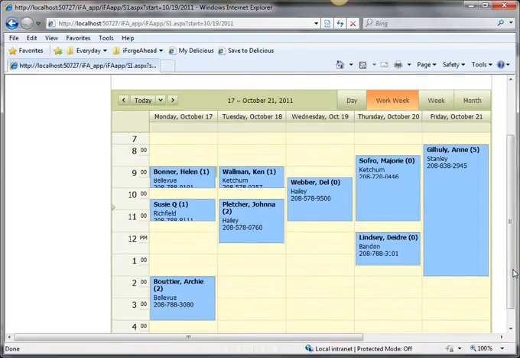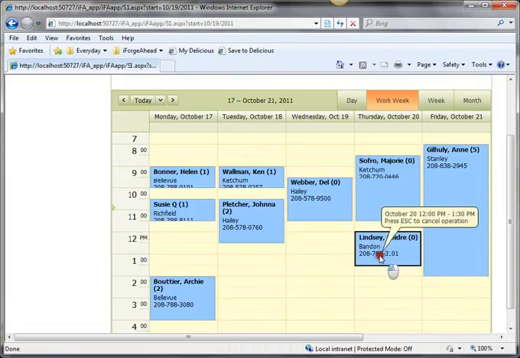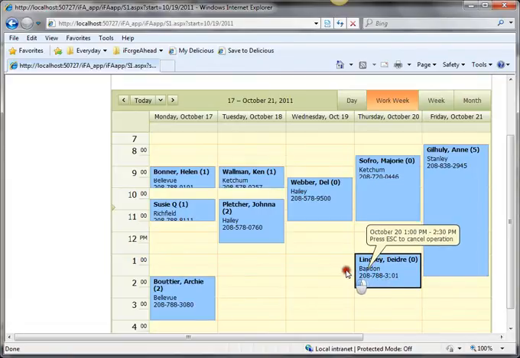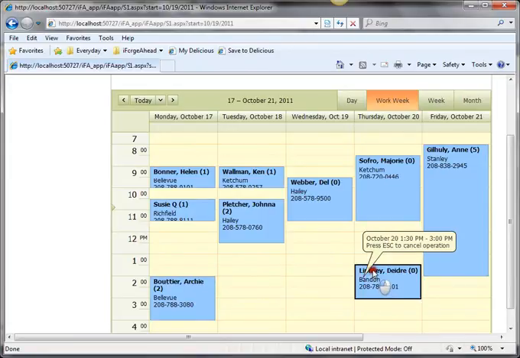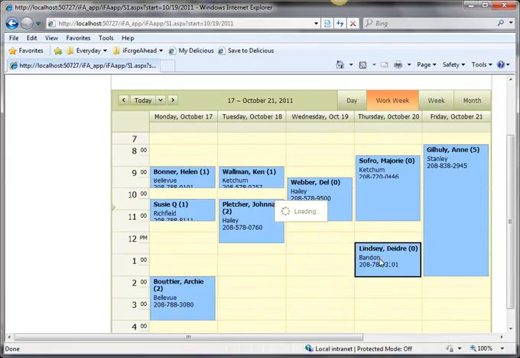For example, you can move an appointment to a new date or time simply by using the drag and drop technique. To drag and drop, you'll position your mouse over the appointment bar and hold the left mouse button down. Once you're holding that button, you can move the appointment to a different date or time. And when you have it where you'd like it, simply release the mouse button and those changes will be saved